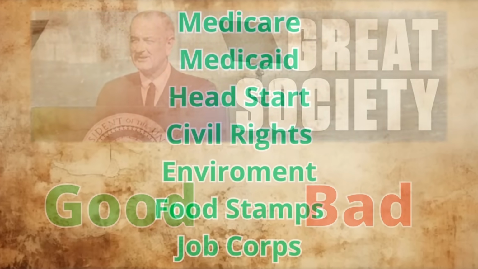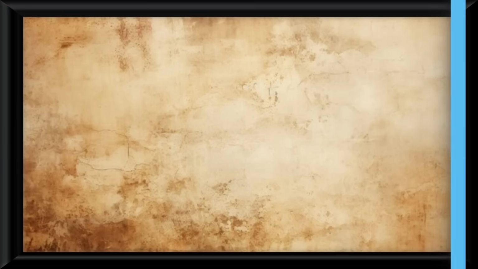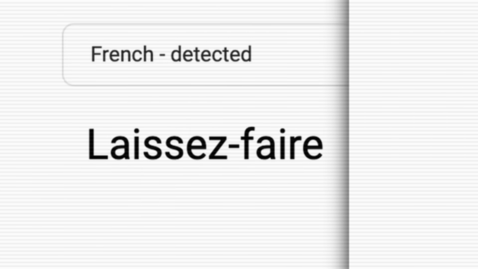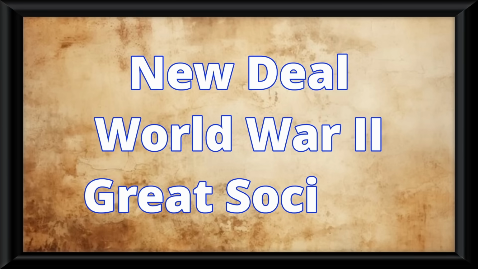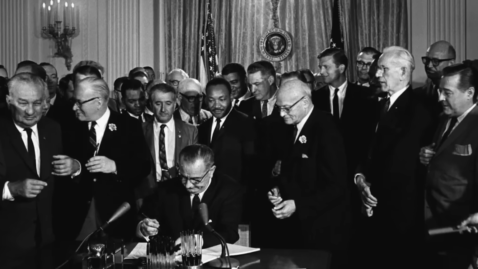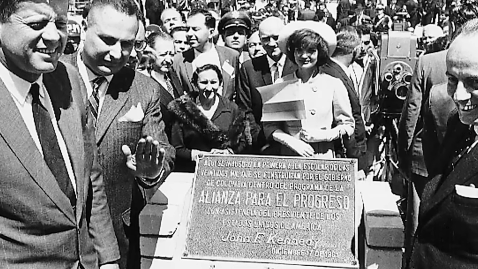So you might be asking now, was this Great Society a good success or bad overall? Well, it obviously did have successes that we still see in our society to this day, but I want you to understand something. Remember the Gilded Age, where America had a very small government and didn't intervene in its economy at all? Remember the whole laissez-faire thing? Now we have gone through the New Deal, World War II, and now the Great Society, so the result is the US government is as big as it has ever been, and it is intervening as much in its own economy as it ever has.